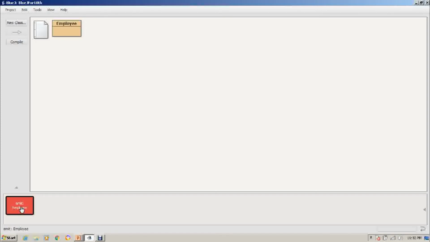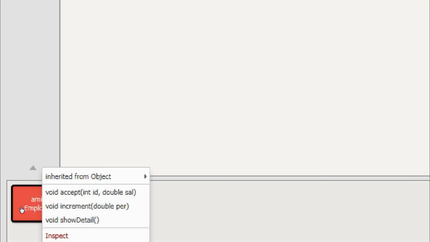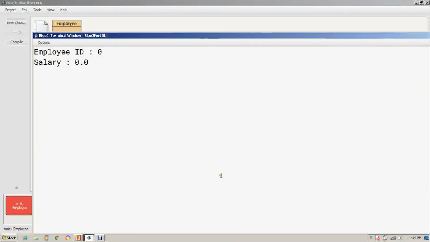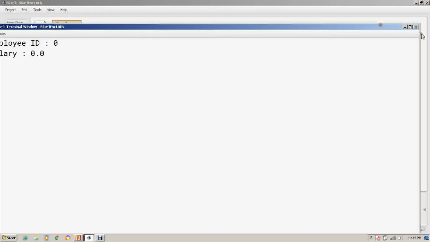Now by right clicking on it, you can call any of the behaviors, right? 3 behaviors are given over there. Now if I call show detail, I will get an output of 0 and 0.0. Why is that so? Because I haven't called the accept method. It's very simple.